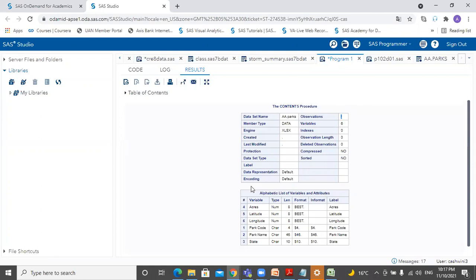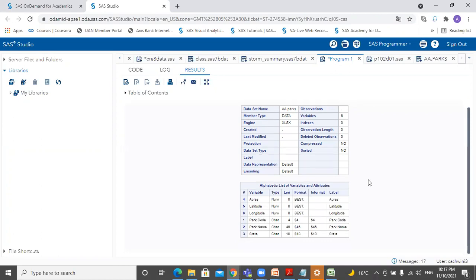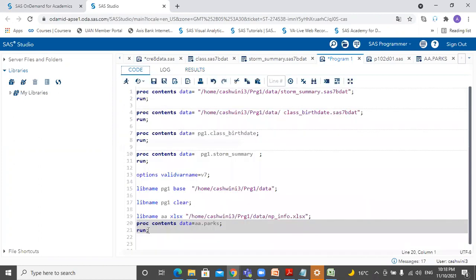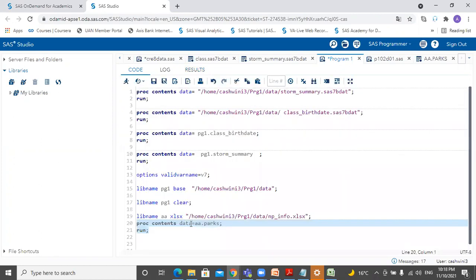And therefore, it does not give engine host information for this particular table because it's an external table with proc contents. It will generate a report, because it is a procedure, correct? Proc contents is a procedure, it's giving us a report itself. It will work as a report only, but we are referring to it as an Excel.